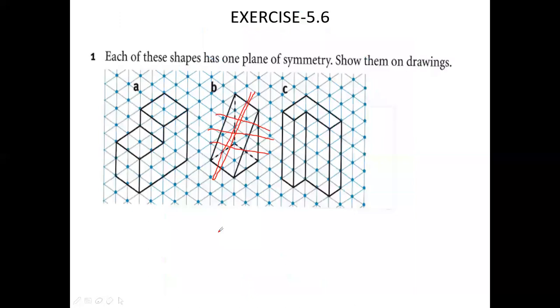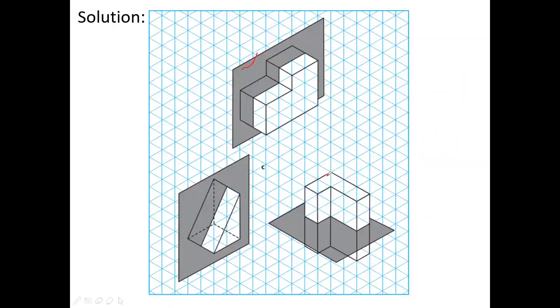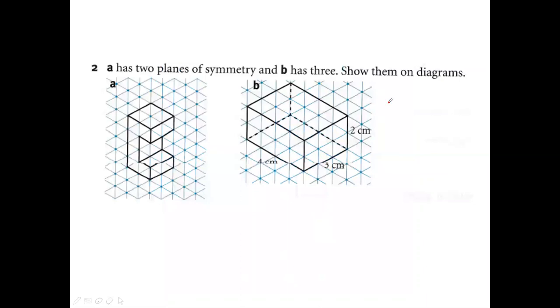Come to the third figure, this one. Vertically it is not possible, it is not a shape where you can divide, but horizontally it is possible. Exactly at the center, if you draw a horizontal line, then the top part looks the same as the bottom part. In a 3D figure we can show it like this. This is the plane of symmetry for the third given figure. This is how we can draw the plane of symmetry in the first, second, and third figures. Next, go for question number 2.